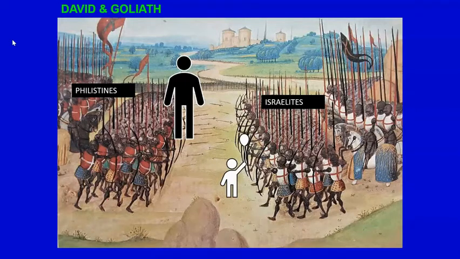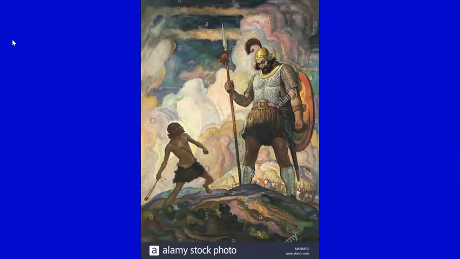And so the king tried to give David armor to wear to protect him from Goliath. And David refused to wear the armor. And so what he did was he met Goliath and the only weapon that he had with him was a sling, for throwing rocks. And so this little boy and this mammoth giant squared off,